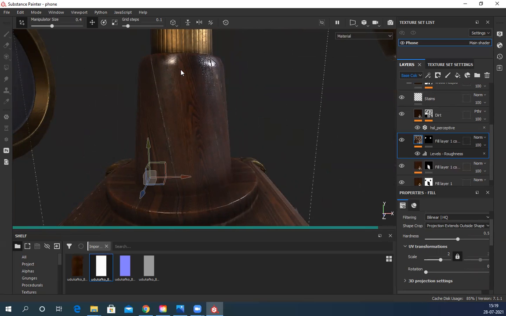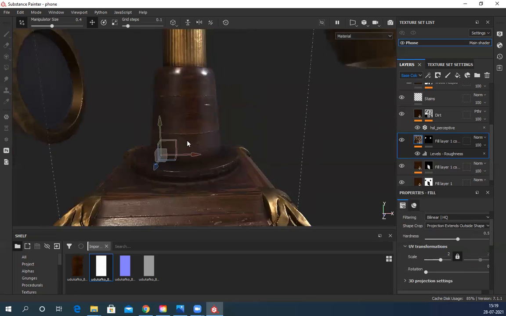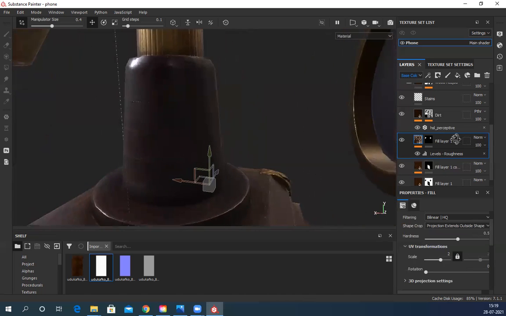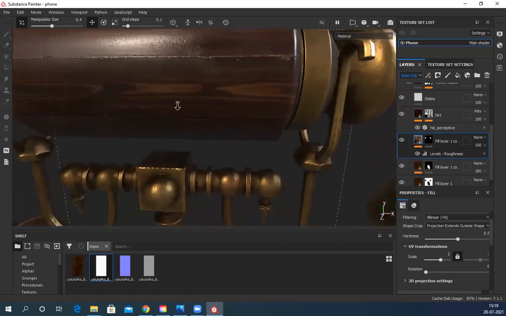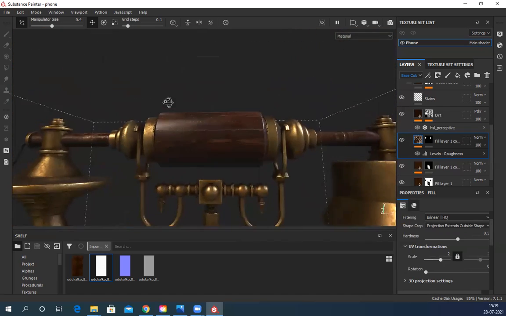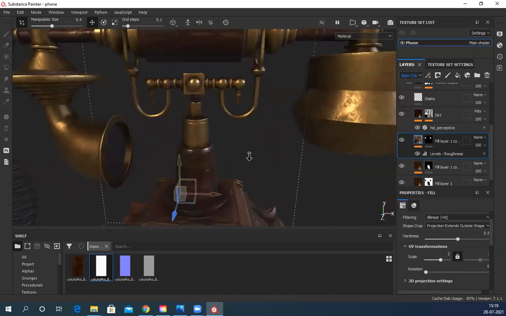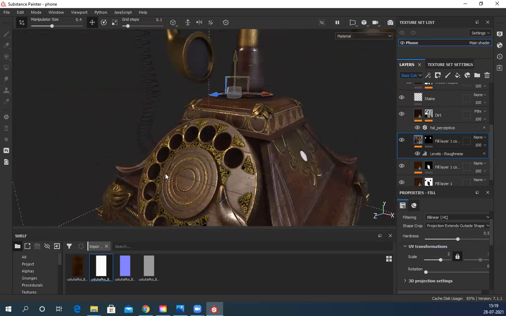Either it can be horizontal or vertical, any one of them. Now you can see all clean, no seam. Similarly for this part, it's all clean, no seam. The direction is now correct, because that's how wooden fibers work: the wood strength depends on the fiber direction. Whenever we carve or mold something, we always follow the wooden fiber direction. Those things we need to keep in mind.